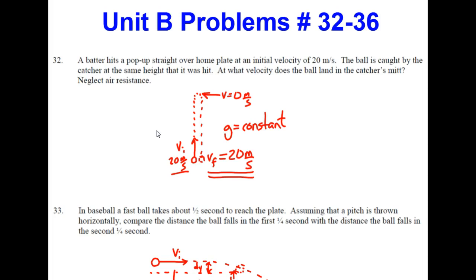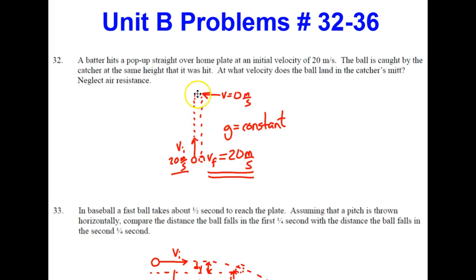A batter hits a pop-up straight over home plate at an initial velocity of 20 meters per second. The ball is caught by the catcher at the same height that it was hit. At what velocity does the ball land in the catcher's mitt? Neglect air resistance. As shown in this diagram, if the ball has an initial velocity of 20 meters per second upward,